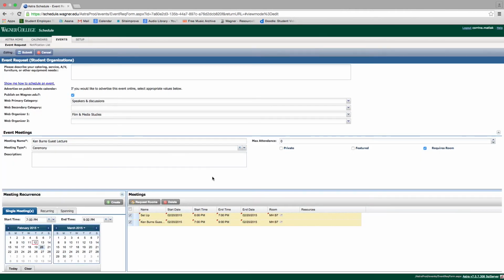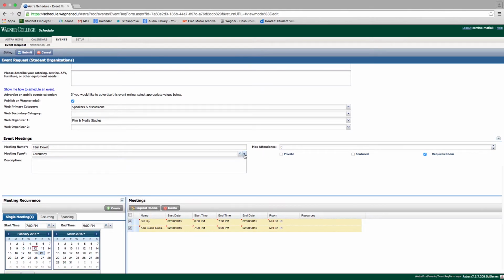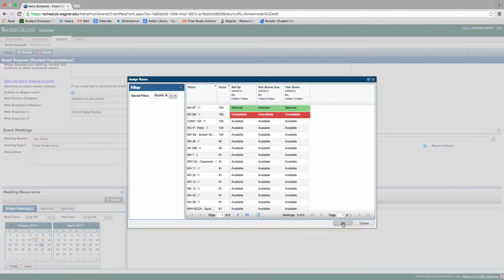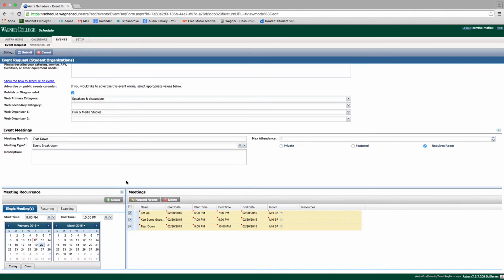Perfect. And one last meeting for a teardown time to clean up after such a messy lecture. You never know. So I give myself 9 to 10 p.m. and boom. By the way, if your event is off campus, just uncheck the Requires Room box and make sure to